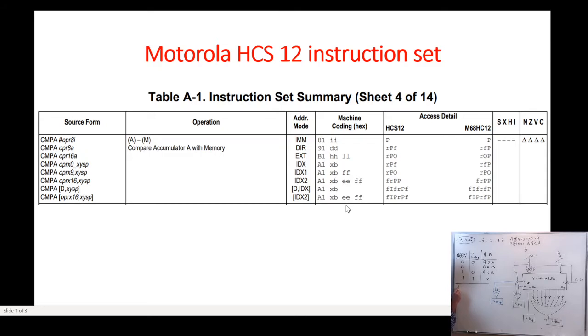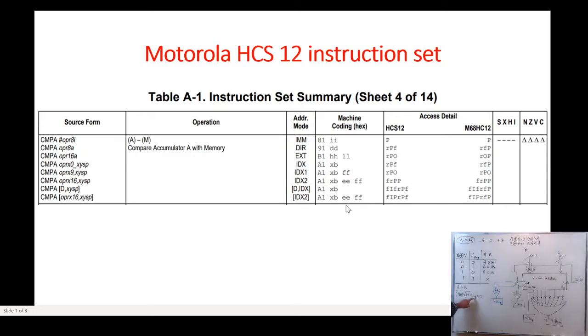For A to be strictly larger than B, my N exclusive or V should be 0, and my V flag should also be 0. That means I need to constrain my V flag to be 0. So I can come up with this expression, N exclusive or V plus V flag. If this expression is equal to 0, that indicates A is strictly larger than B. So I'm placing my V flag here